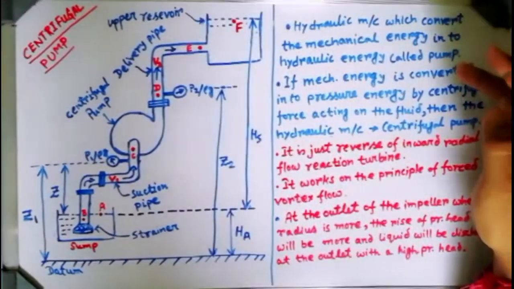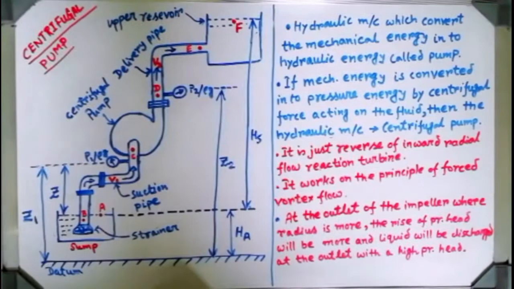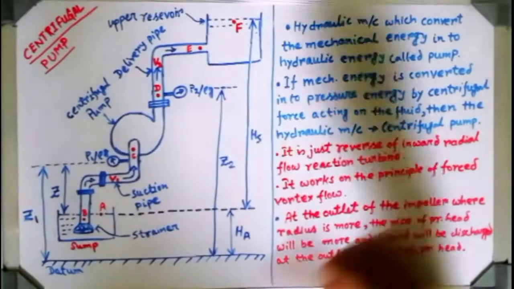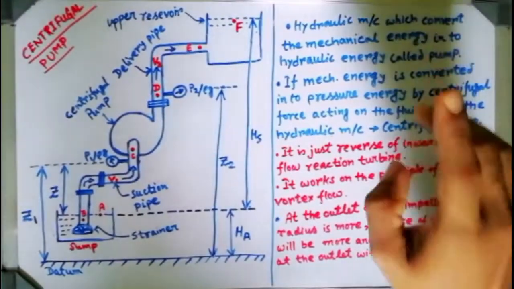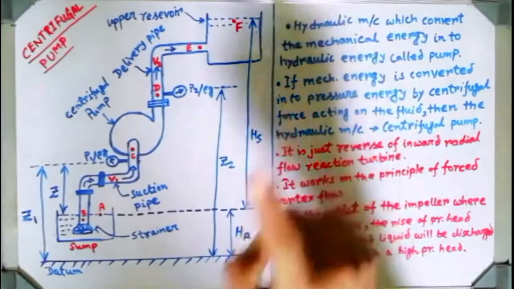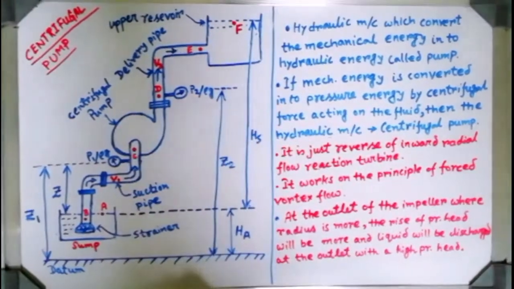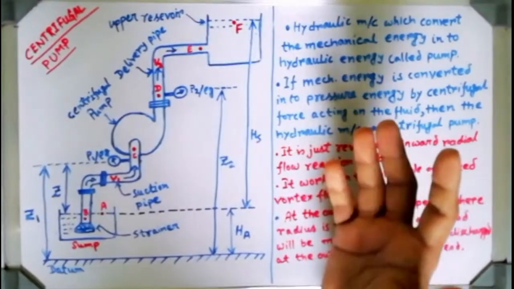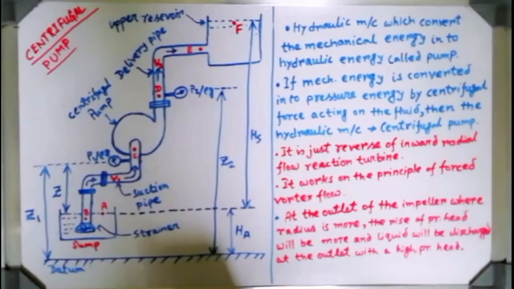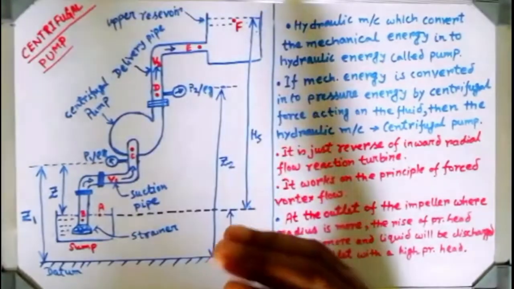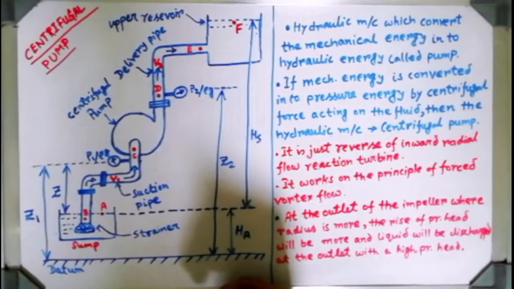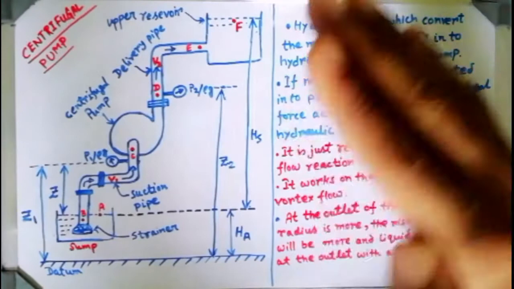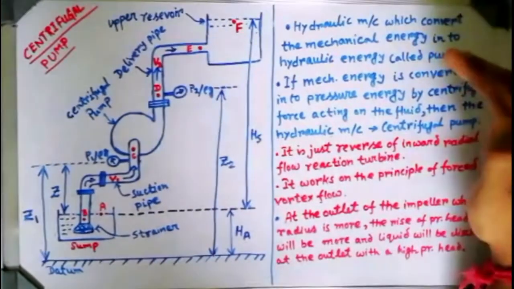Basically by using this pump we are raising the pressure of the working fluid. If the working fluid is water, then with the help of this pump we will raise the pressure of that water at the outlet of the pump. So obviously the inlet of the pump will have liquid at atmospheric pressure or less than atmospheric pressure. Then when it goes to the delivery part of the pump, it will be at a higher pressure. That is the objective of using a pump.